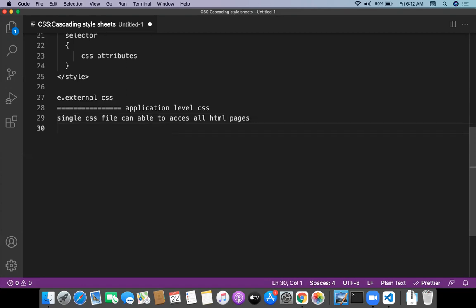And one more point, this is reusable CSS. It should be file.css, saved as file.css. Inside file.css, we write a lot of selectors.